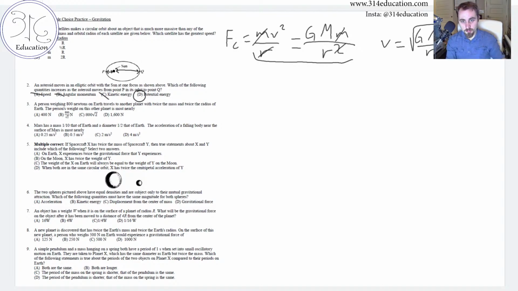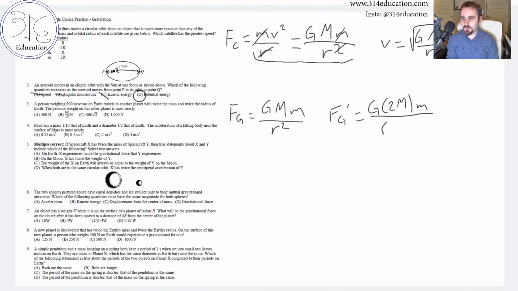Number 3, we've got a person weighing 800 newtons on Earth who travels to another planet with twice the mass and twice the radius of Earth. And we want to find out what their new weight is going to be. Their original weight would be GMm over r squared. And then their new weight would equal G times twice the mass,